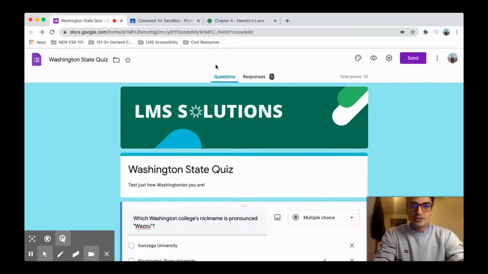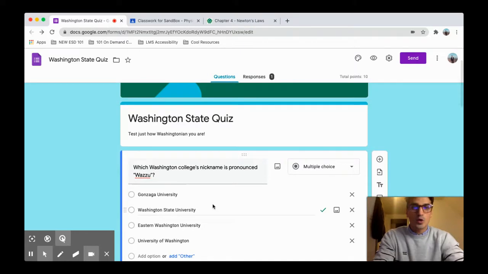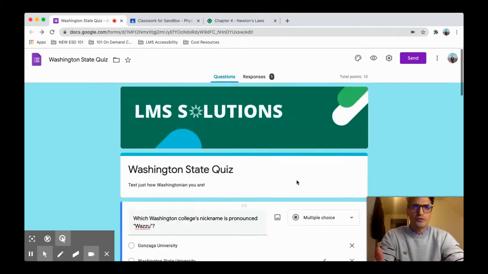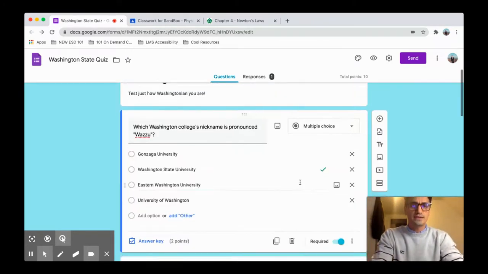Hey everyone, so let's learn about this first skill in forms. And what that is, it's making our questions have an answer, right? That's a good thing because remember, all our forms are just questions and responses. But for some of the reasons we're going to use our forms, such as quizzes, tests, activities, assignments, we are going to want to have an answer key.